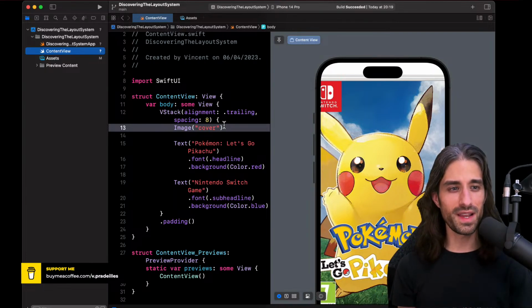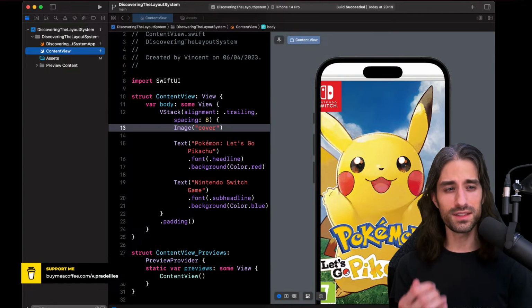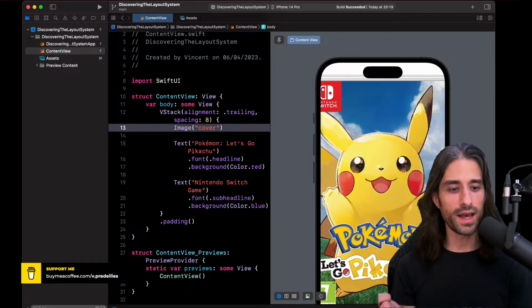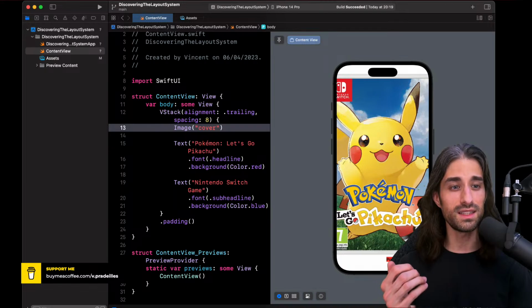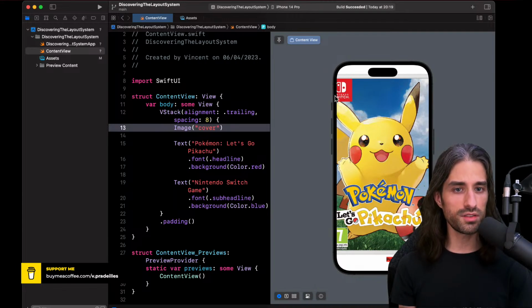Why did I want to display an image? Besides the fact that we are implementing an Amazon-like product page and we need an image, it's because this image has a very different behavior than the text. So the image view in SwiftUI has a different behavior than the text. Remember, the text would display from the center of the screen and only take the space it needs. And it's very different because the image seems to kind of display from the center of the screen, but it takes all the space it needs and even a bit more because it seems to be rendering outside